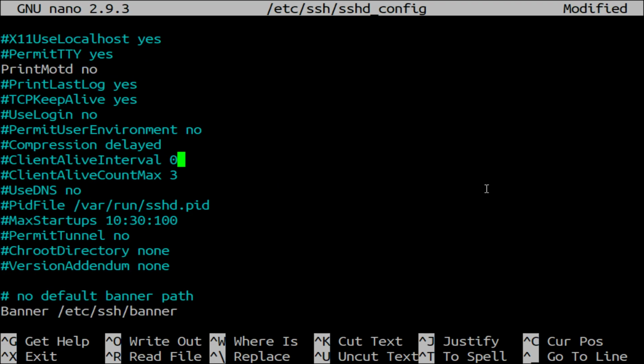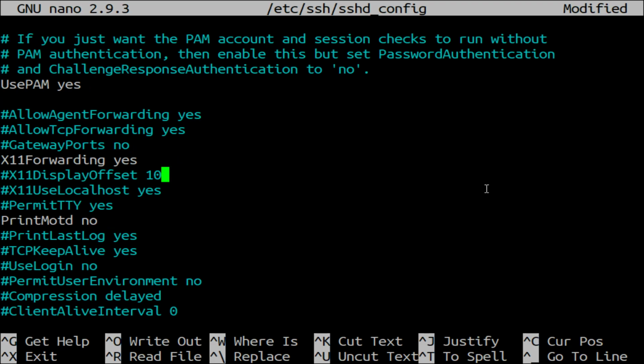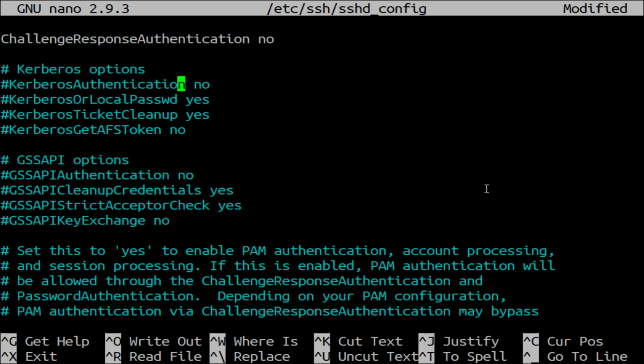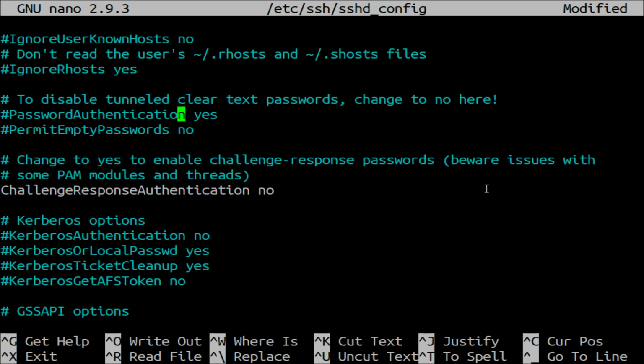And then we can also, if you'd like to, disallow logging in with a password. That will only allow people to log in with an RSA key. They would no longer be able to log in with their regular password. They would have to use a key. We can change that up here somewhere. Where is it? Password authentication. So let me see here. If we change the option password authentication to no,